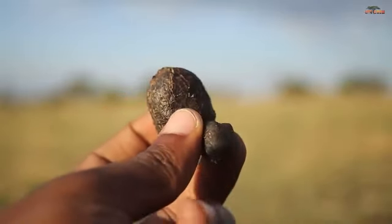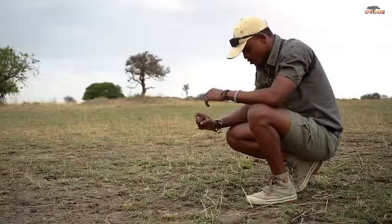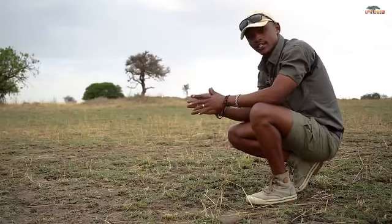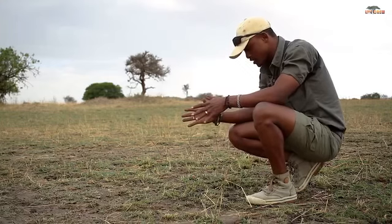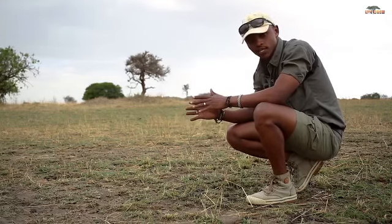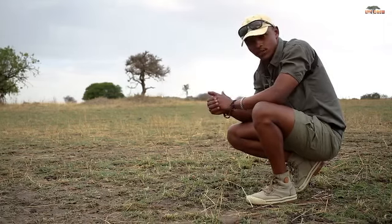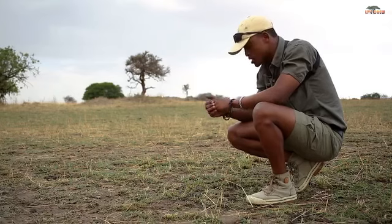And of course, you expect the giraffe to have such a big pellet because they are quite big animals. Another thing to consider is that giraffe pellets, or giraffe dung, resemble that of kudus. So it depends which location you are in. I am in the Serengeti and we don't have any kudus around here, so that means this is just a